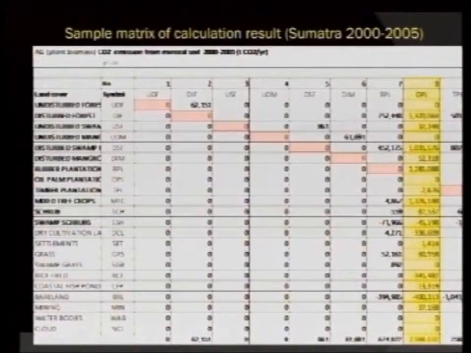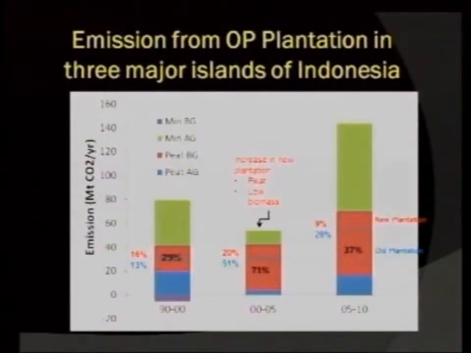This is an example of the result of the matrix calculation. The minus value is the sequestration. This is just for the above ground example, and the plus is the net emission. That's just one layer, the above ground, but the other layer is the below ground, on peat